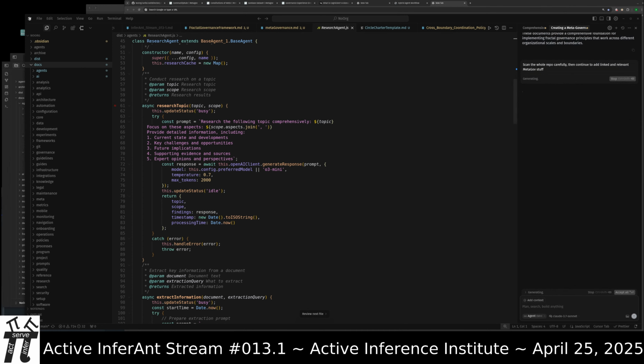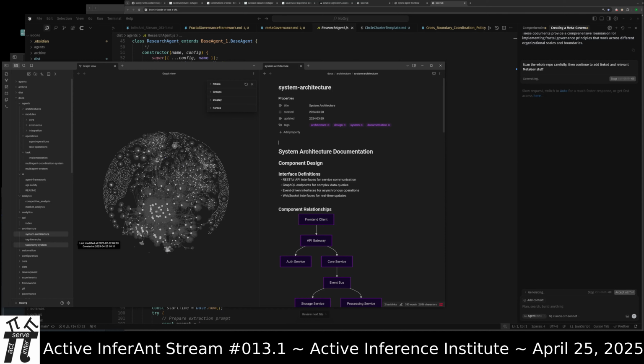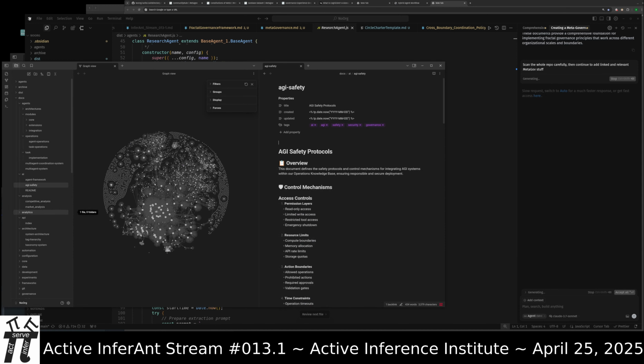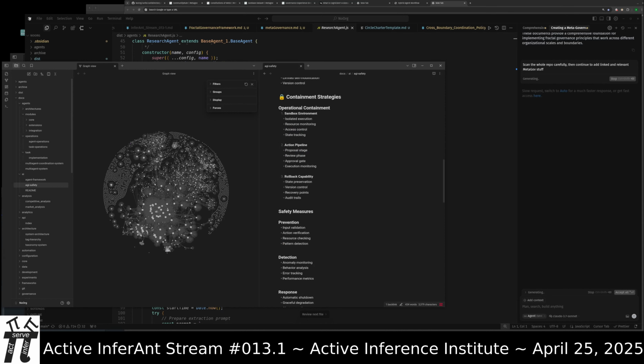So the docs folder has all different kinds of relevant documentation that can be brought into play in different ways. So it can, again, be used at that qualitative level of just like, here is AGI safety. Well then, if you type in something related to that, or something happens related to that, then whatever's in this file is going to come into more play than it would have otherwise.